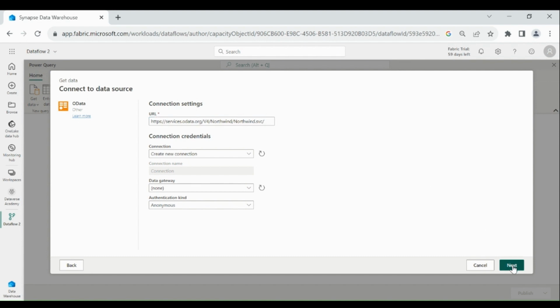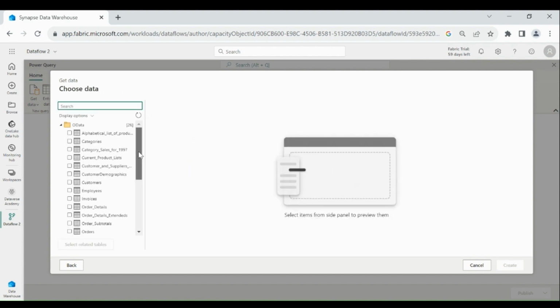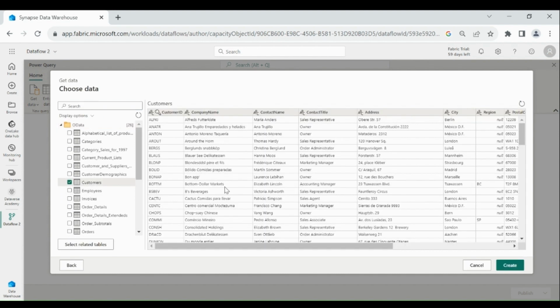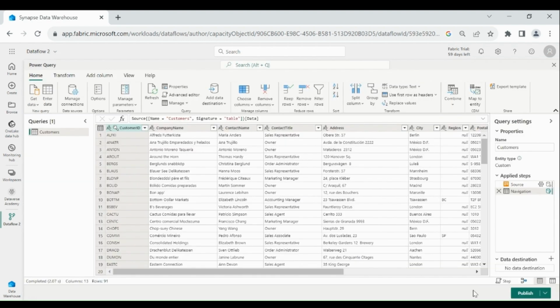Then click on next. Here you can see we have these tables. So these are all the tables of Northwind sales data. So from here we will choose customer table and we will load it into our lakehouse. Click on create, then click on add data destination. Then select lakehouse,